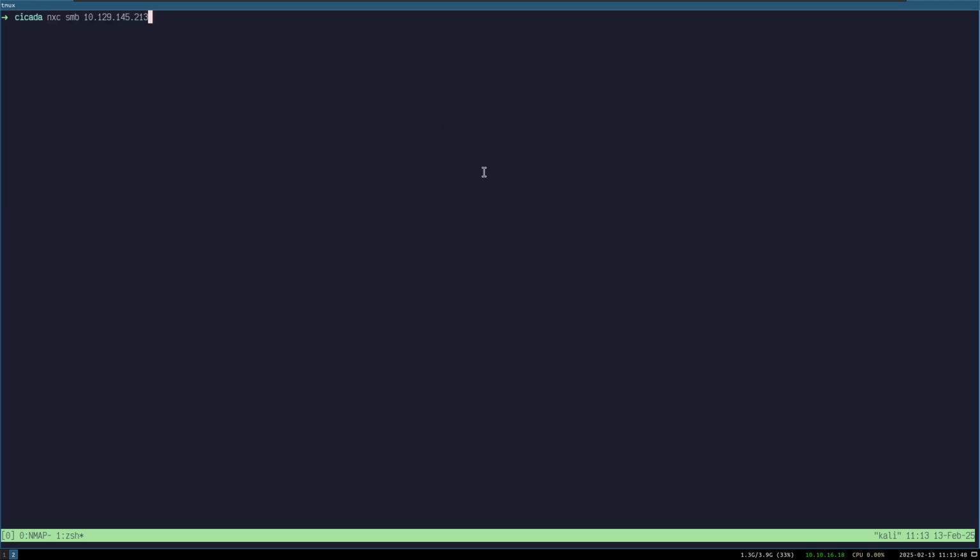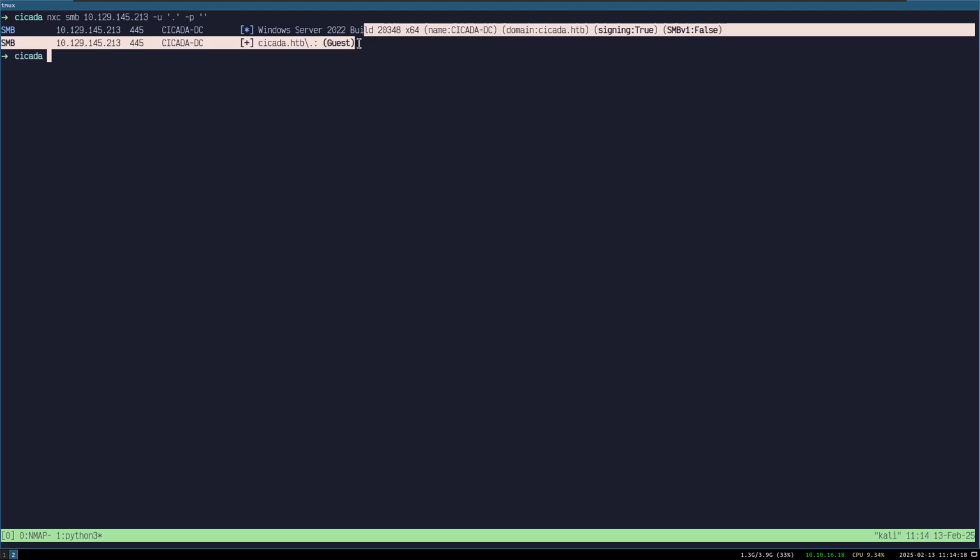Basically, it's just some basic information. Now let's try to identify if we can perform a null authentication. What I like to do is use a non-existent user and a blank password. I just put a dot there. So I'm just going to run this, and it's basically going to tell us that we can authenticate as the user